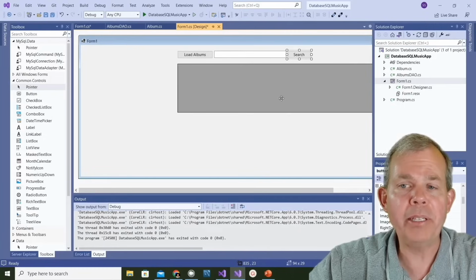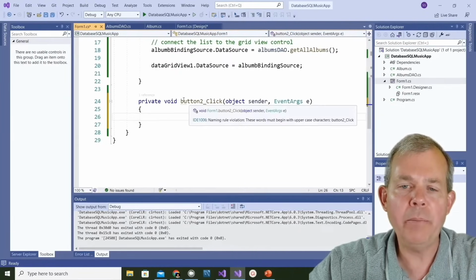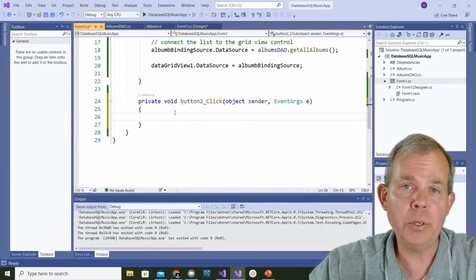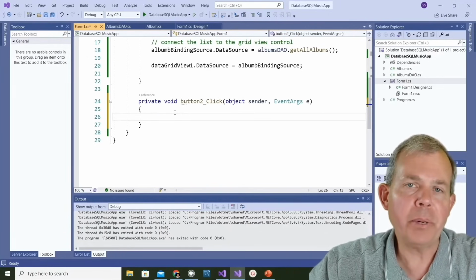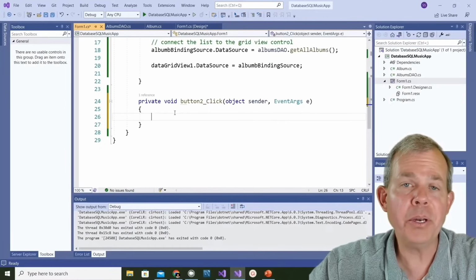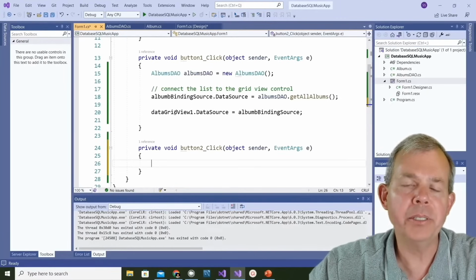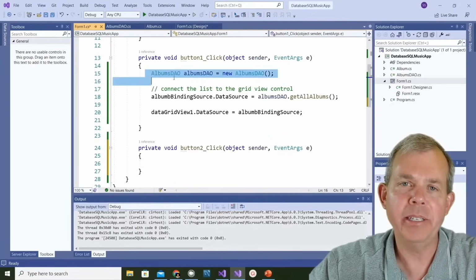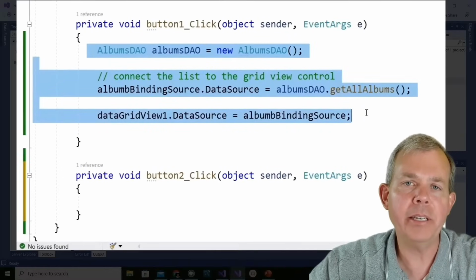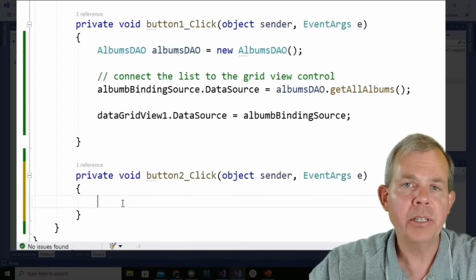All right, so that's all the interface changes we're going to make. Now let's start programming. So I'm going to go to the search button and double click it, and we have a new button click handler, Button 2 click. Now for the first version of this button, I'm just going to steal all of the code from button 1, which was to search for everything in the database. So let's just copy and paste this here,